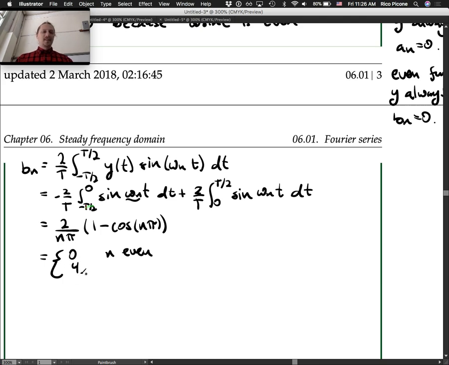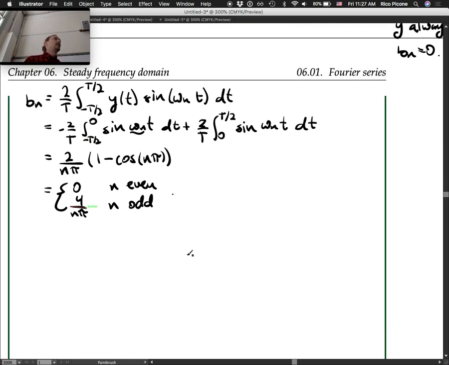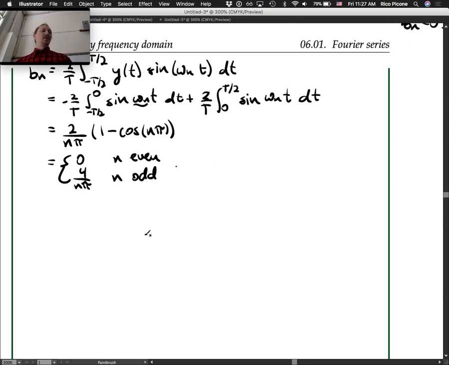That's great. Okay, and otherwise, it's 4 over n pi, and you can do a little bit of simplification. So when n is odd. And n has to be an integer, so it can only be even or odd. Okay, so we've got our BNs. Every other BN is 0, but every other BN is non-zero as well. So